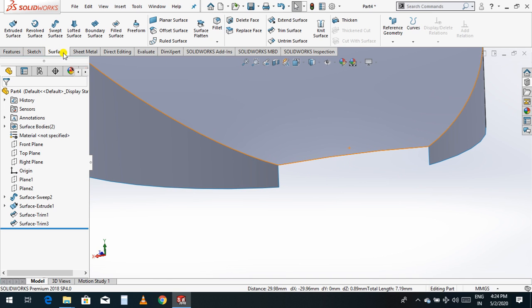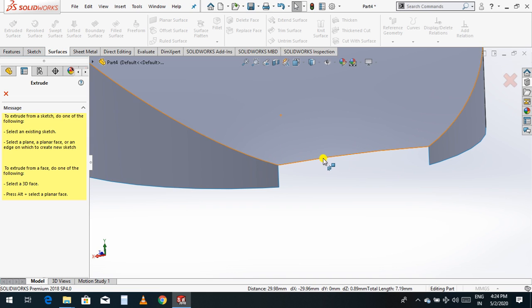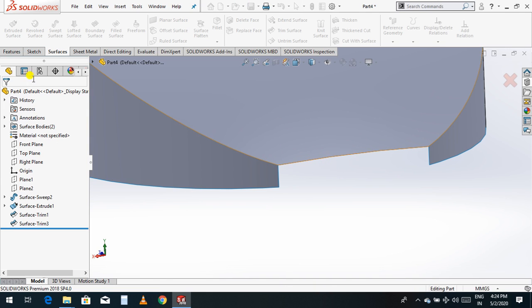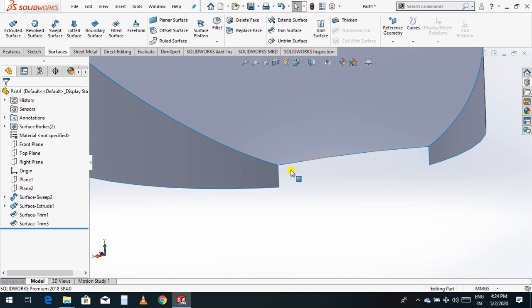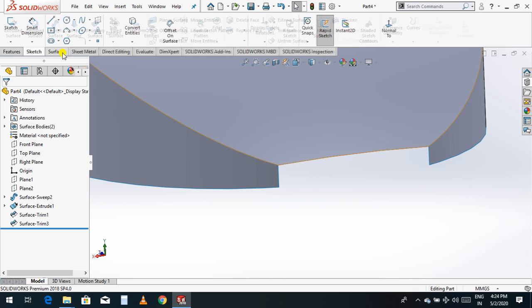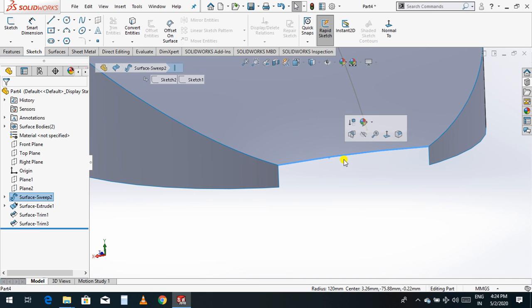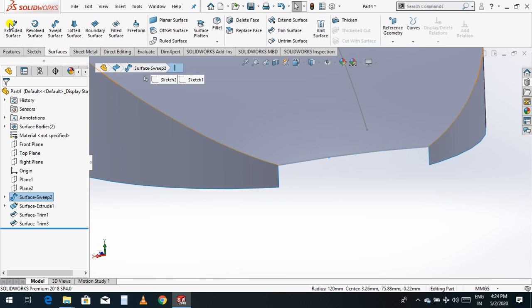You can go to surface, extrude, or else you can go to a sketch, select this one and convert entity, surface, extrude.